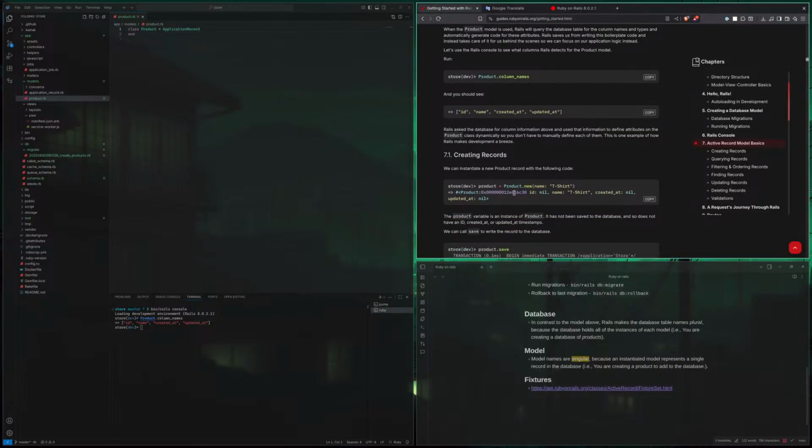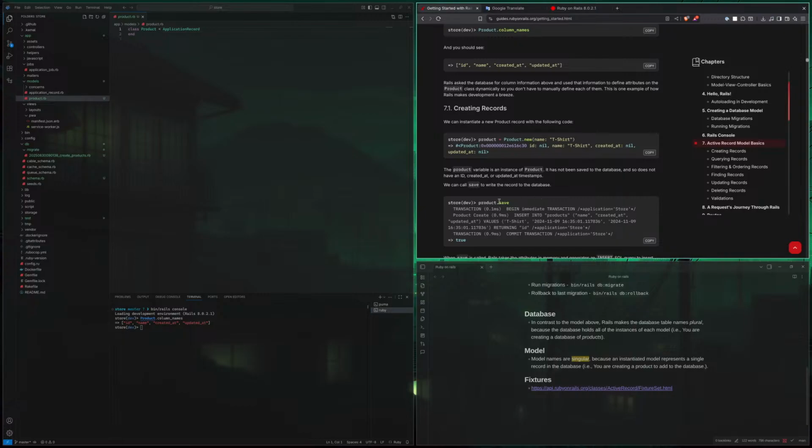Oh, you can also create stuff. We can instantiate a new product record with the following code. Product.new name: t-shirt. But what about the ID and created at?